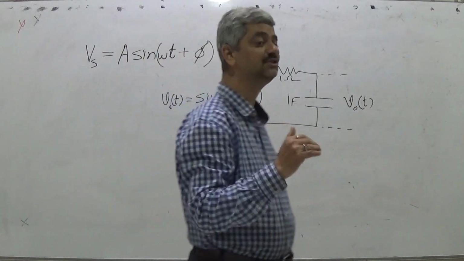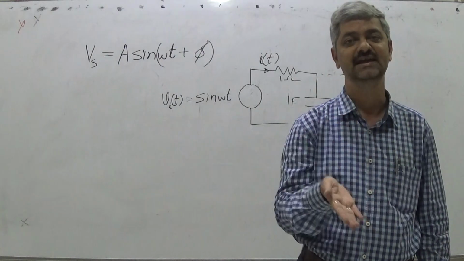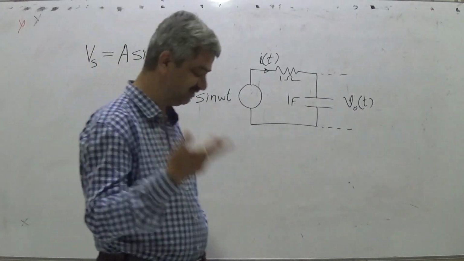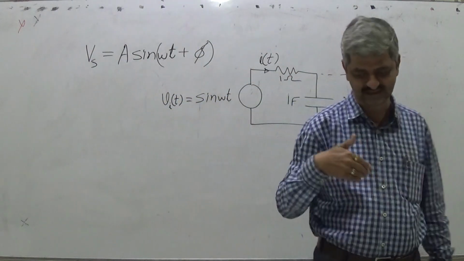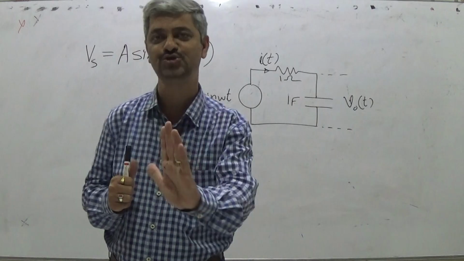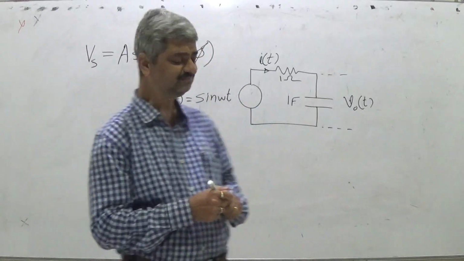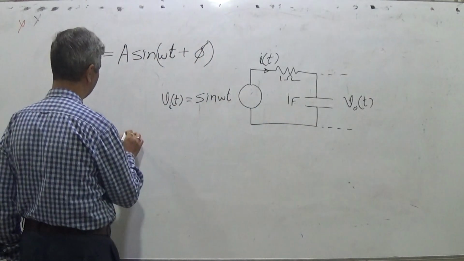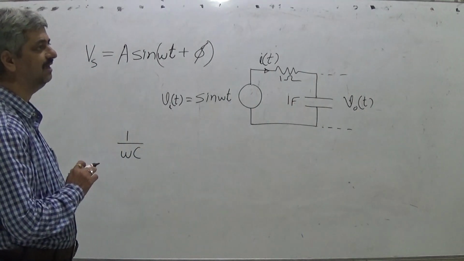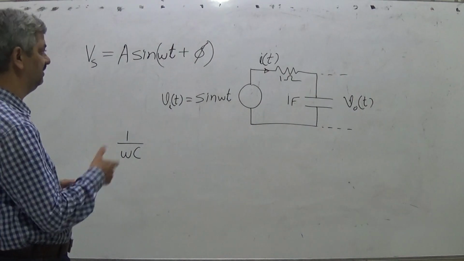One thing, please don't apply something which is known to you, which includes Z or Laplace transform. Those who have done something in 11th, 12th in vocational studies, they should not apply it; Z should not be used for that purpose. So we have seen that the impedance of a capacitor is 1 upon omega C, and there is an angle difference.